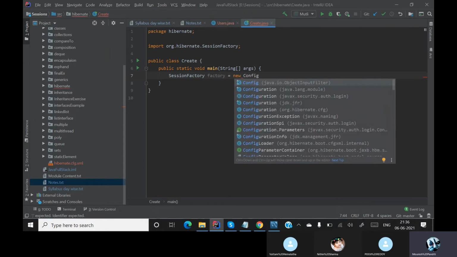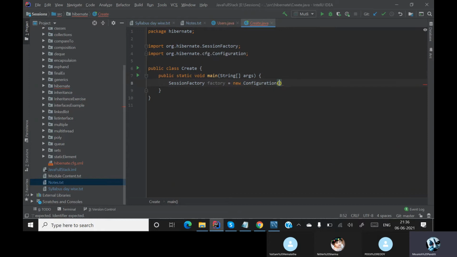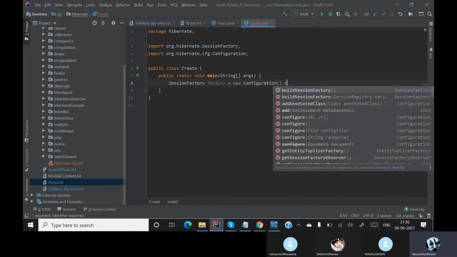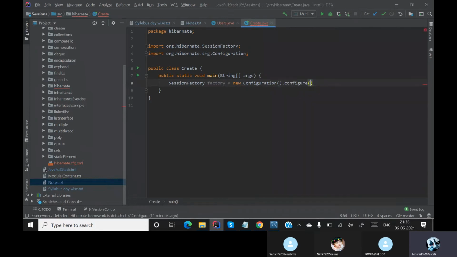When you are configuring the session factory, just be careful, there are many configurations. Configure from org.hibernate.cfg. Configuration will have a method called configure. You are configuring it from the configuration file, .xml. Till now I hope everyone is clear.